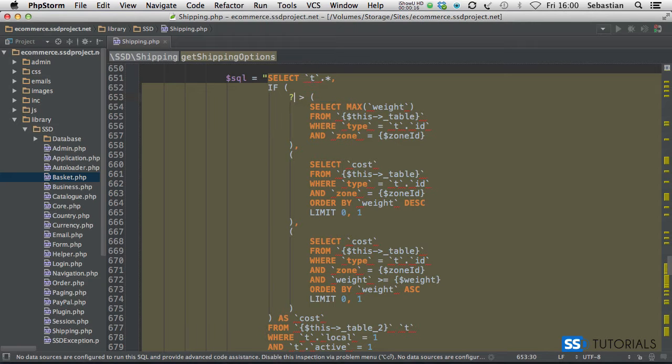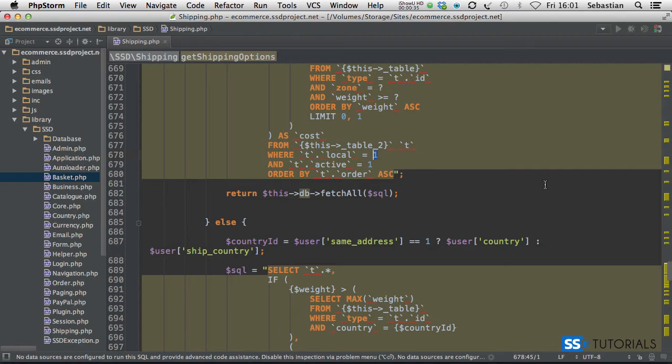then the same for the zone ID here, assignment, same for the next statement, and the third one, zone equals question mark and weight equals question mark. And if we scroll down now, for local rather than 1, it's also question mark, and the same for the